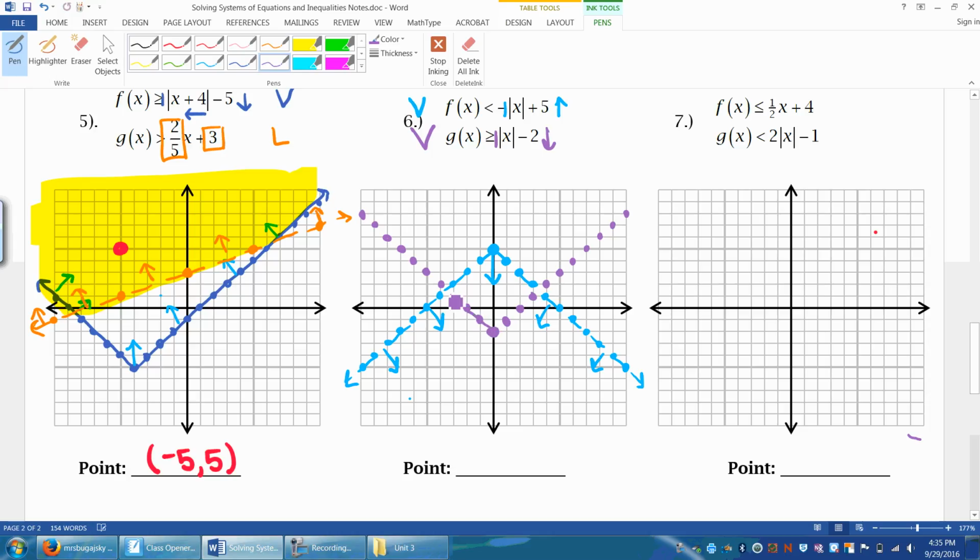It has an equal to symbol, so it's solid. And it's a greater than symbol, so I shade above the vertex or inside the V. Again, if I look at all the sections, anything down here has blue arrows pointing to it, but the purple arrows are not. On the 2 sides, none of the arrows are pointing to those 2 sides. Above the graph, the purple arrows are pointing here, but the blue ones are not. The answer is this little quadrilateral,